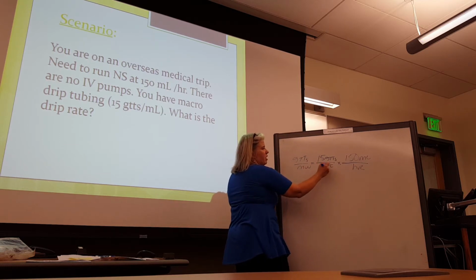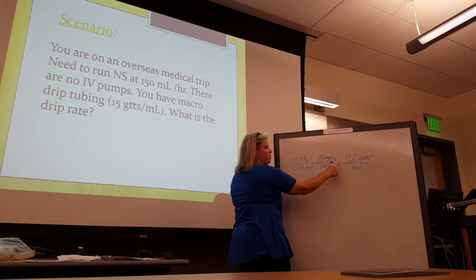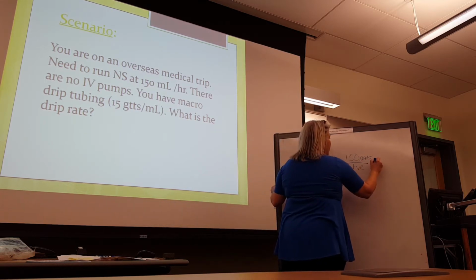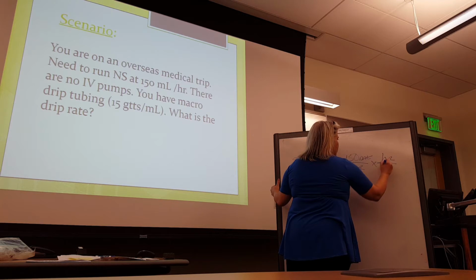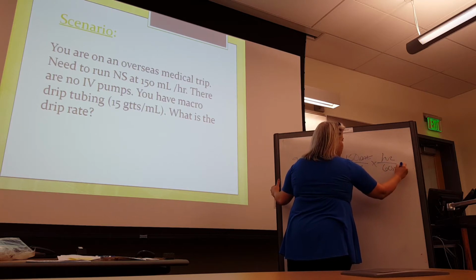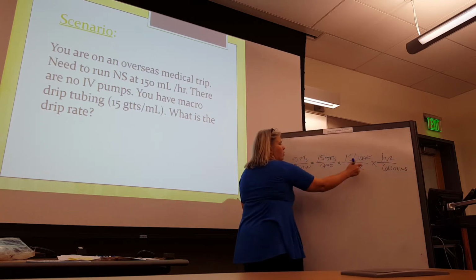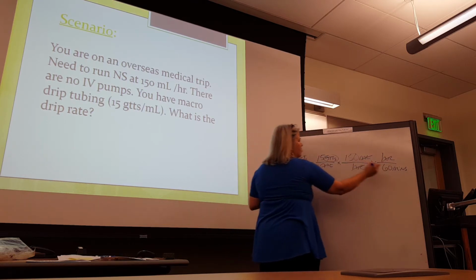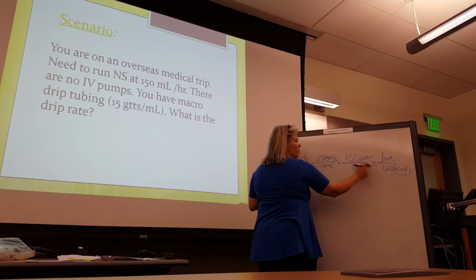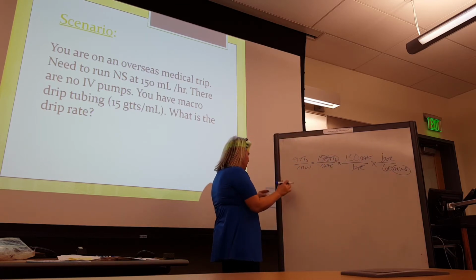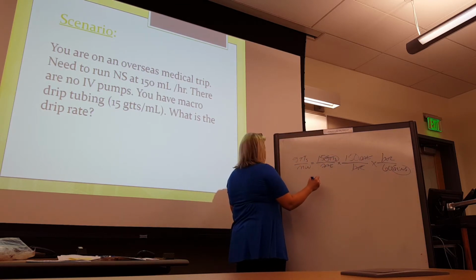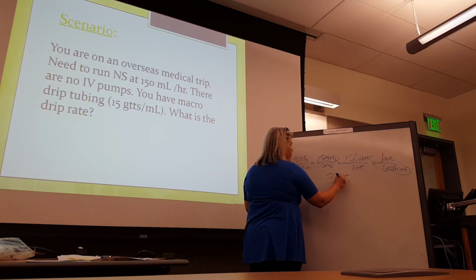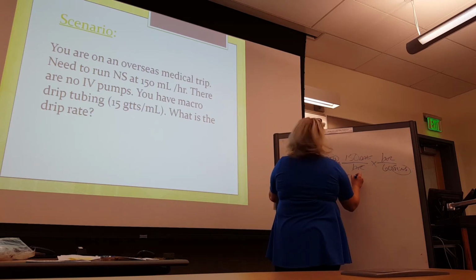Now if we cancel out mils, we have drips per hour. Does that match drips per minute? No. So we need to carry that out, and have hour that cancels out, and our minutes stay. And again, I always just like to circle what stays. Drips per minute matches drips per minute, and that comes out to 37.5 drips per